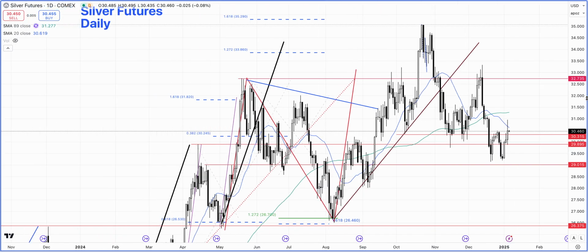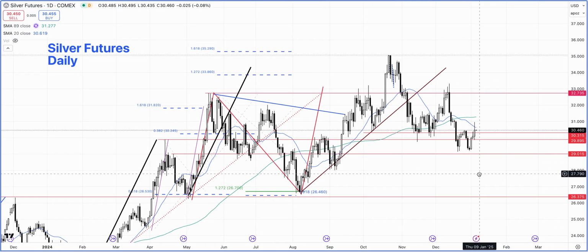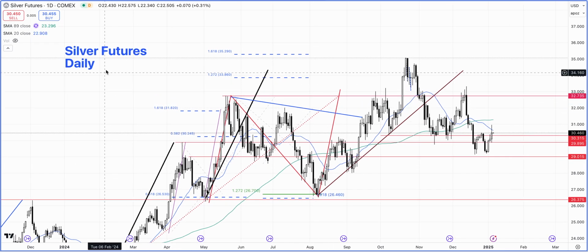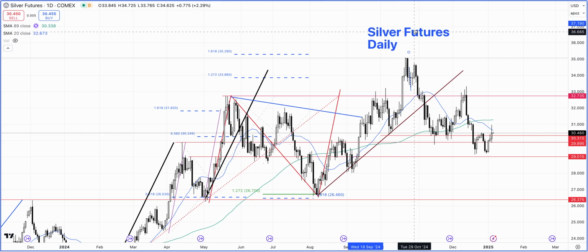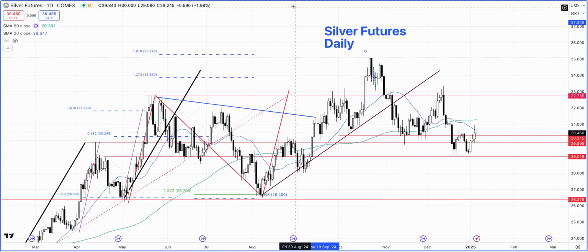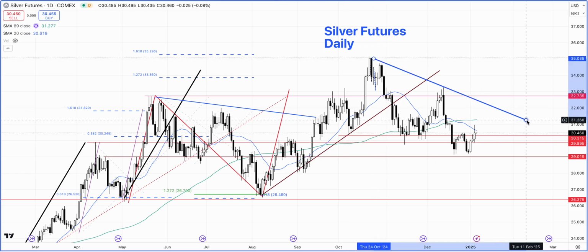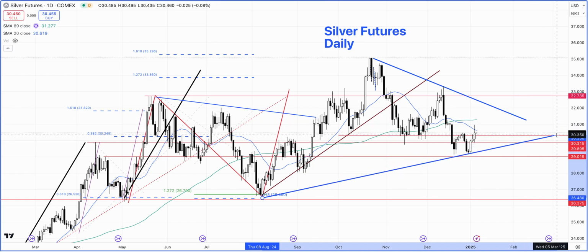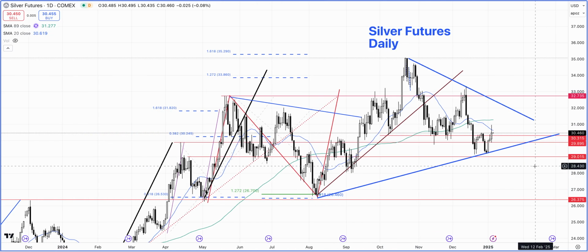Here we go in COMEX silver. So silver did something a little bit different. You can see there's a lot of volatility in the silver market today, and it actually closed higher, whereas gold closed lower. Silver is really volatile now, and it's got a pattern like this, with this trend line you can see, and then you can also draw something like this. So it's going to be a triangle or pennant,